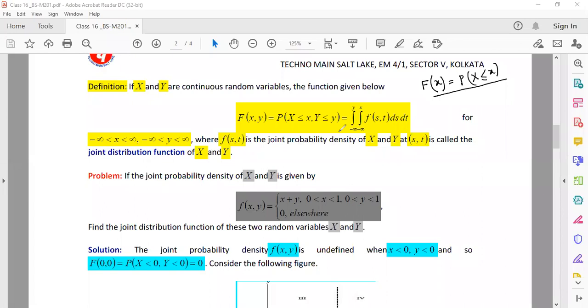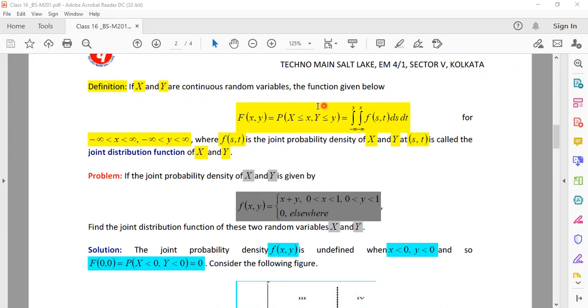And you know that the final value of the cumulative frequency is equal to the total frequency. So just like that, the final value of the cumulative distribution function is the total probability. So always remember that the final cumulative distribution's value needs to be 1 always. If it is not 1, then that means you have done something wrong in the calculation. So you all know this particular fact.